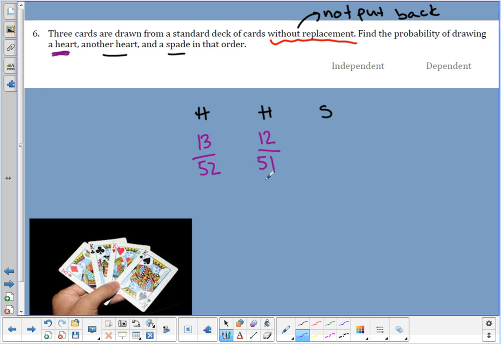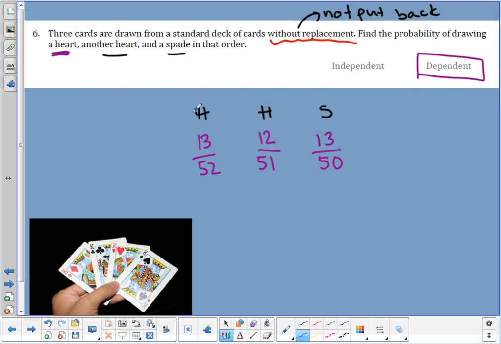Then for this spade, I still have 13 spades because when I've taken out 2 hearts, I haven't touched the spades at all. So I still have 13 spades, but I've taken out 2 cards overall. So the total number of cards that are left for that probability are 50. Okay, so the fact that these denominators change, the total number of outcomes changed, tells me that these are dependent